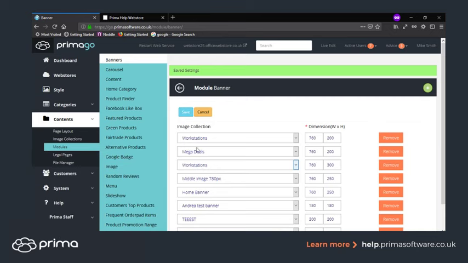Now going on from that, once we've uploaded the image and created the module, we want to actually assign it to a page. You can place this wherever you want. It could be a special offers page, it could be on the home page as we've done. It's up to yourself. But to assign it to a page, we can go to Contents, Page Layout,